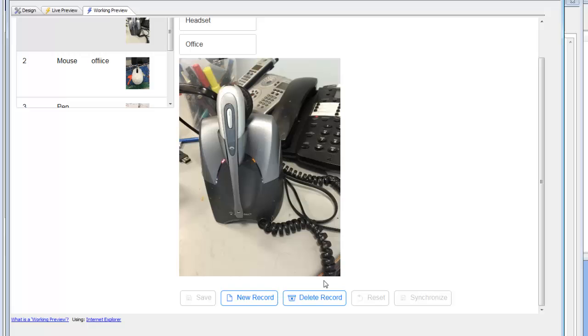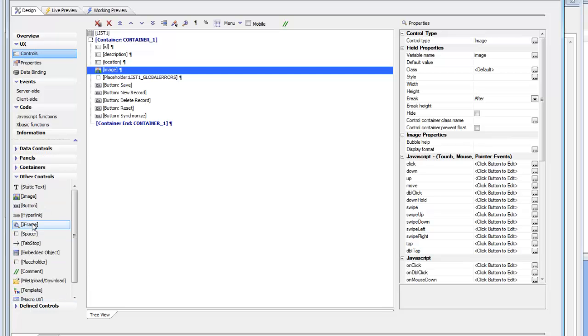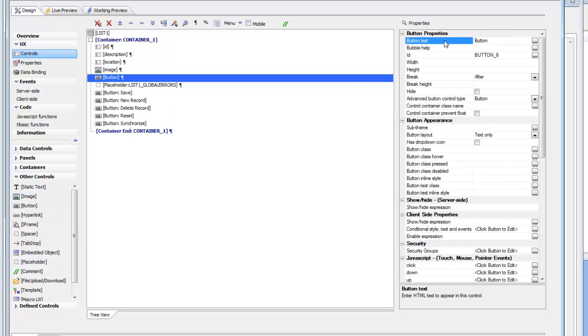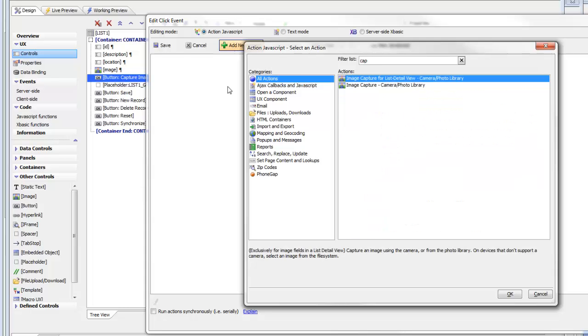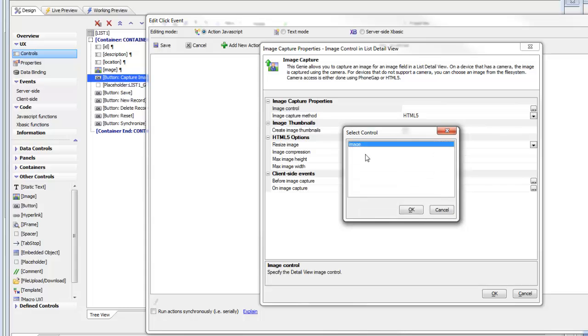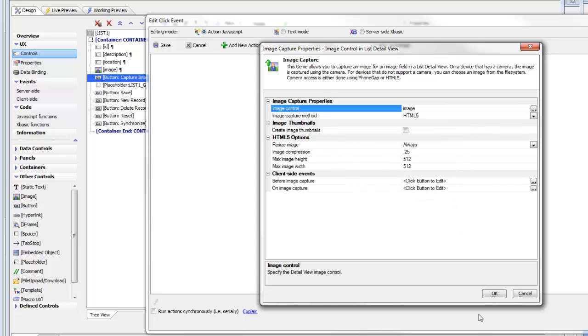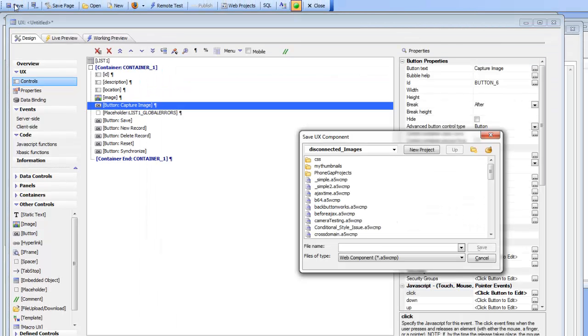And now finally let's add a button to capture an image. So we'll go underneath this image, choose other controls, put in a button, and type in, say, capture image. Go to the click event for that button, add a new action, type in camera, so there's image capture for detail view, choose that, and we'll accept all of those defaults. So let's just save this as a demo,